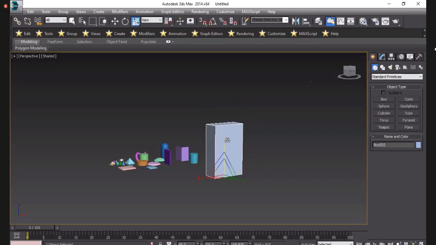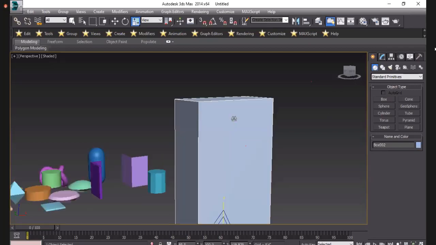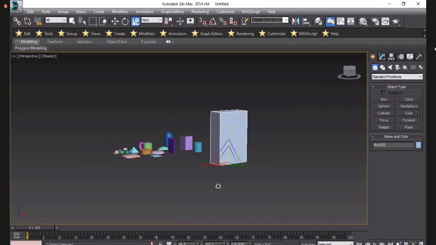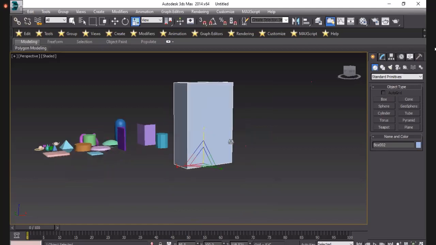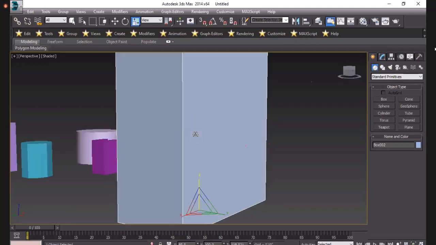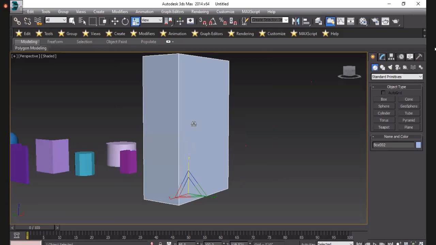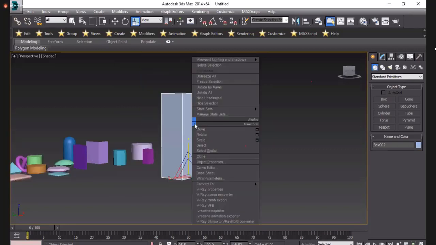But I want to make it into a cupboard. If you want to make it a cupboard, how can we do it? Just right-click and convert to editable poly.